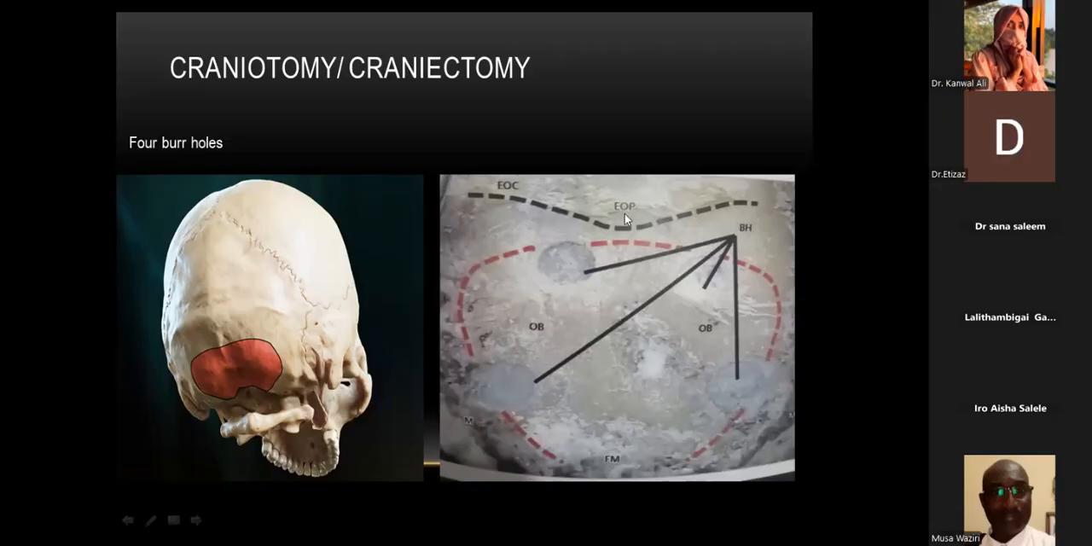So these are the placements of the four burr holes, at the transverse sinus, and just 1.5 centimeter lateral to the midline, and the next two, the lower burr holes, you can place